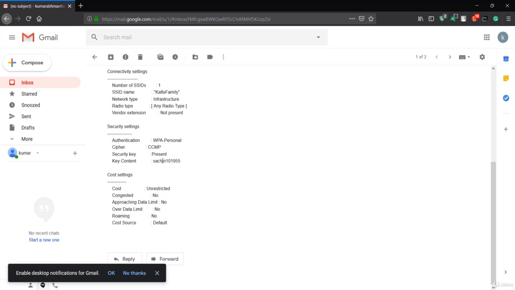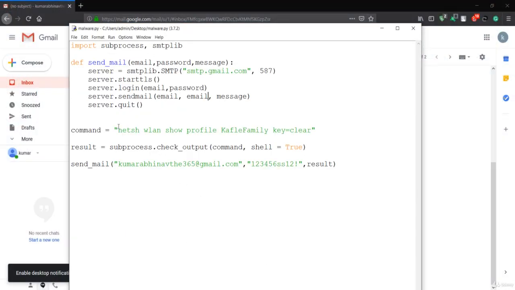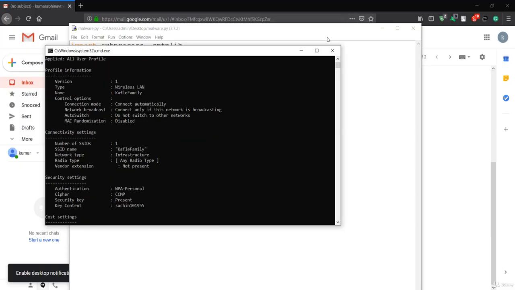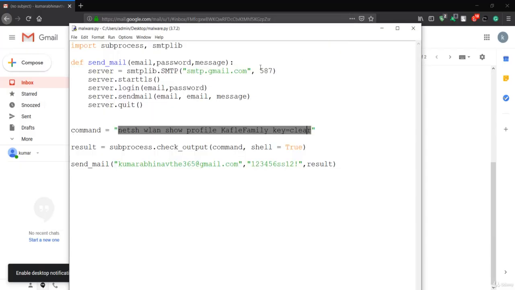So what we just did was make use of this command that we wrote in this malware. You can also use this command. You can just copy this, and you can see here that this will give this information, and this information has to be sent to the hacker.